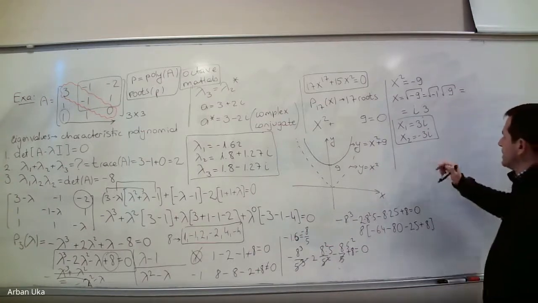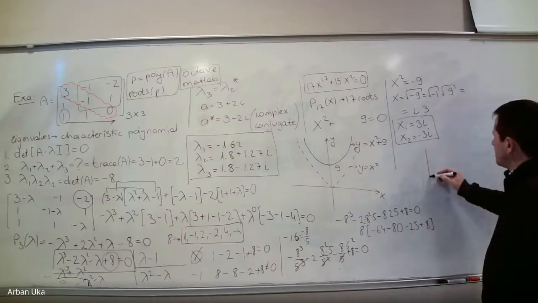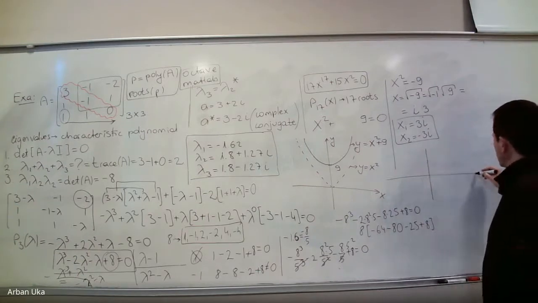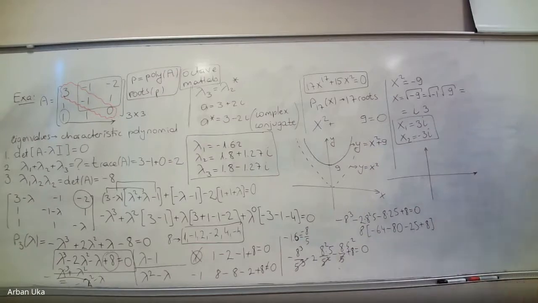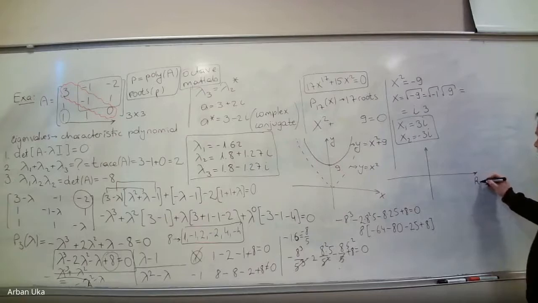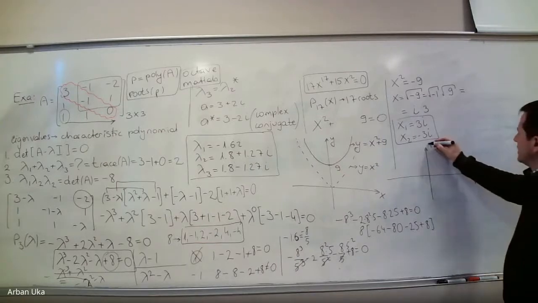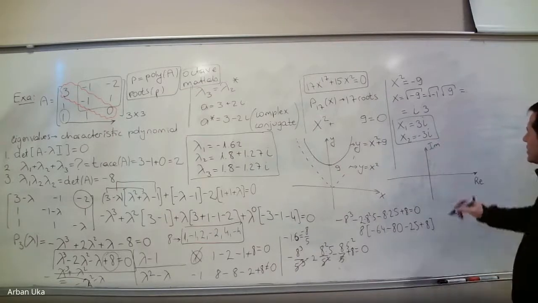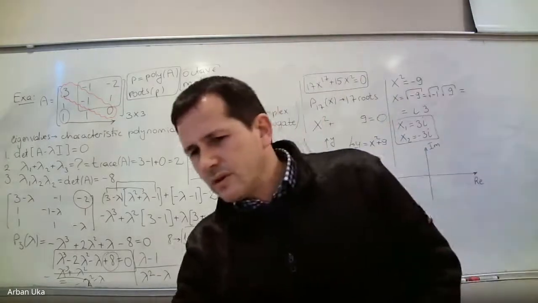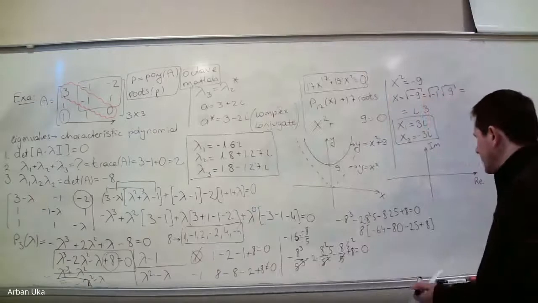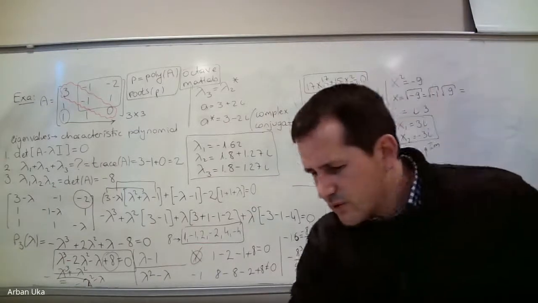Okay, so in this case, the way to denote these two numbers, we can use a system which is very similar to the Cartesian coordinate system, where we can put here the real part of the numbers, and here we can denote the imaginary part of the numbers. So if you assume,